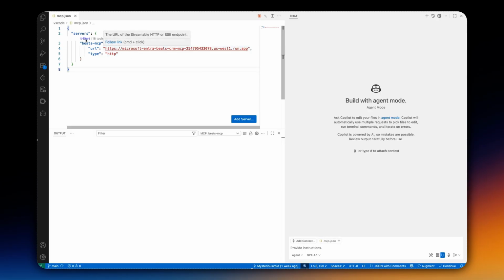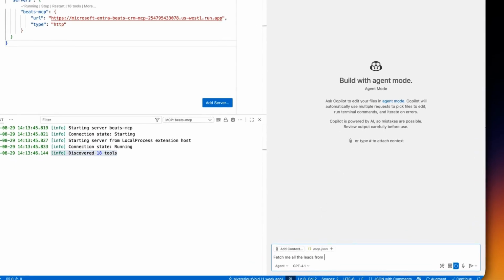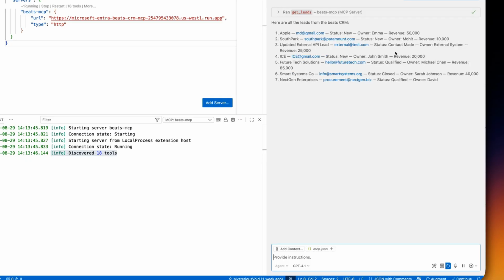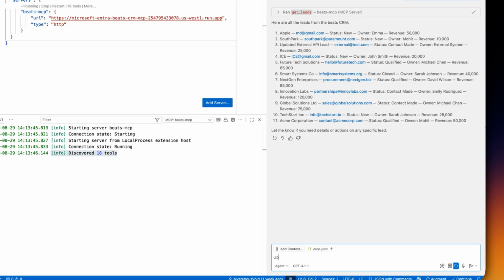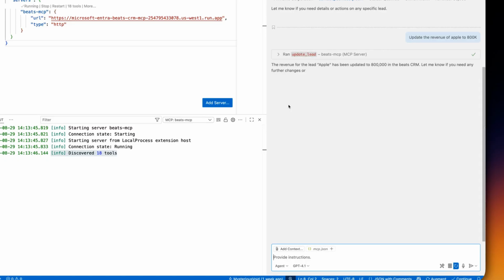Currently, there is no auth, so if we start the server, it connects right away. We start a new chat and try to fetch all the leads, and it correctly identifies the tool needed, fetching all the data successfully. If we try to update something like the revenue of Apple to 800K, it picks the right tool and updates the data. But in this process, it never asks who the user is or checks if the user has the right scopes